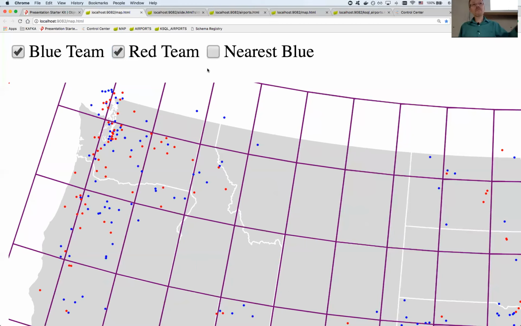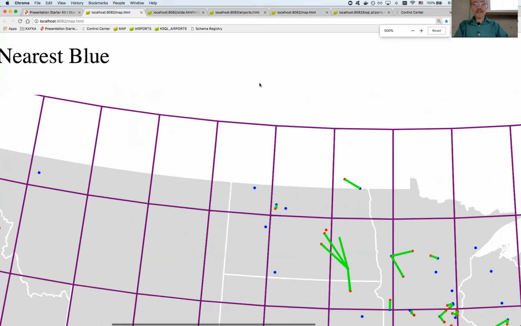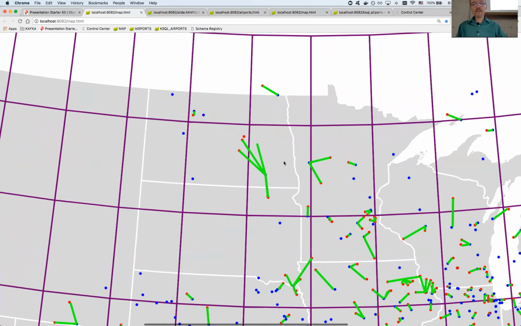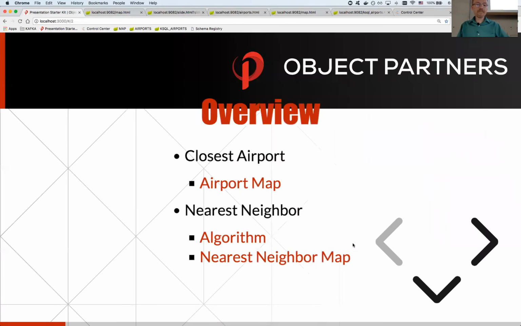And then after this stream runs, I collect the distance only for the nearest blue plane to every given red plane. And that's demonstrated here. And all that data is calculated using Kafka Streams. And I can demonstrate what I can do in KSQL and how I could eventually get to here, but also the problems that I faced in doing it. So those are the 2 things I want to talk more about this evening.